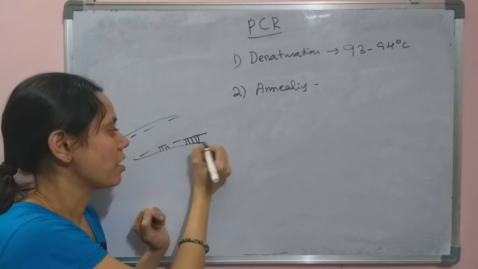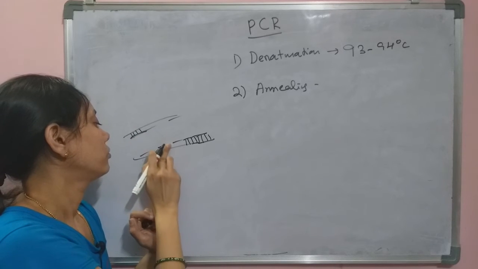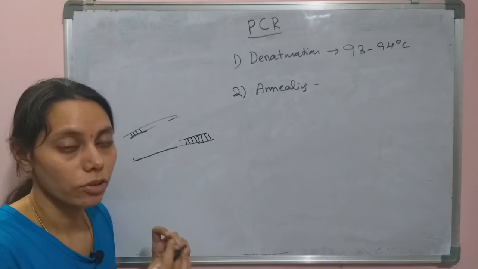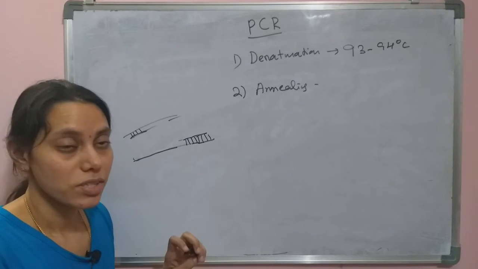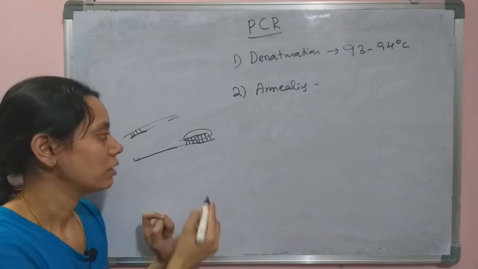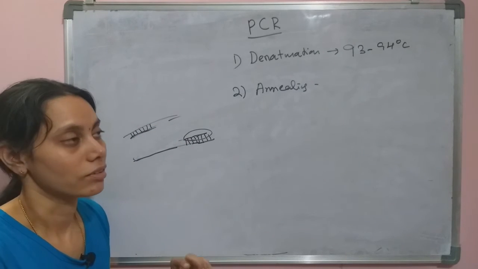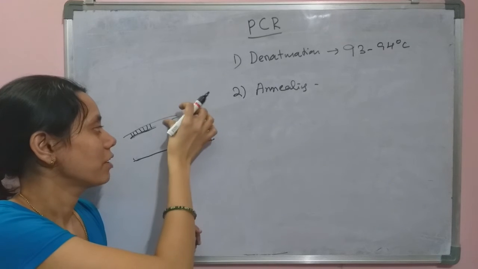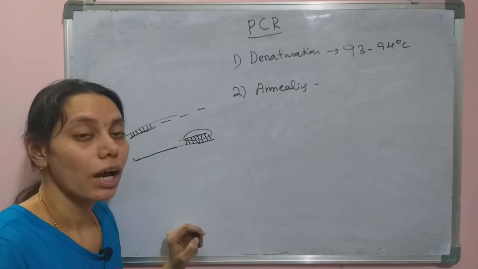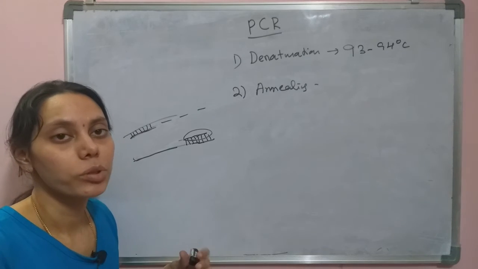only when the completely complementary strand is found. So once after finding a complete complementary strand of the DNA by the primer, the hydrogen bonds are strong enough to initiate the reaction. So they will randomly go and hit the DNA at different positions, but they make hydrogen bonds enough to initiate the reaction when they find the complementary strand.